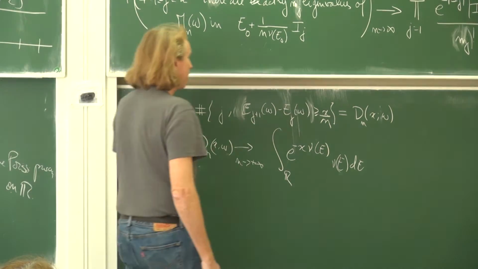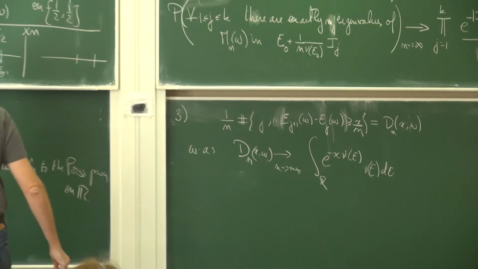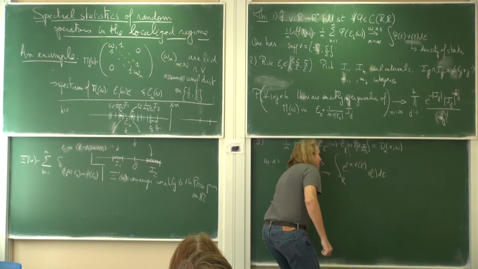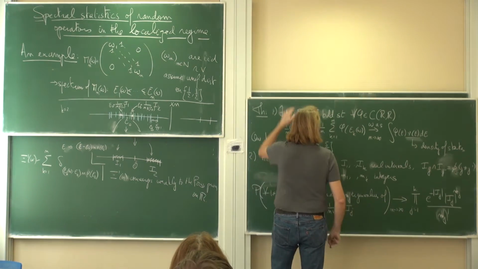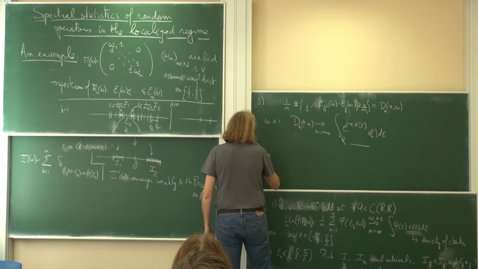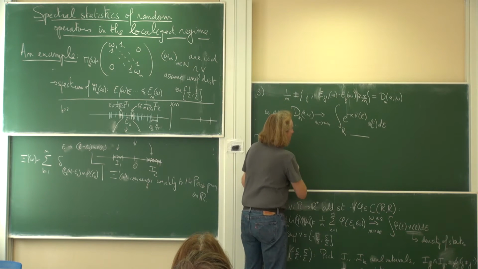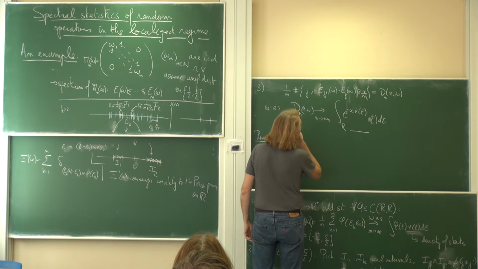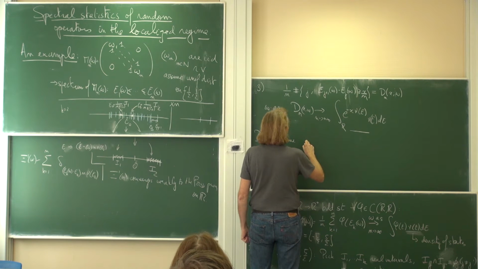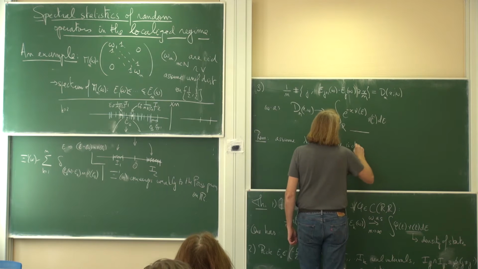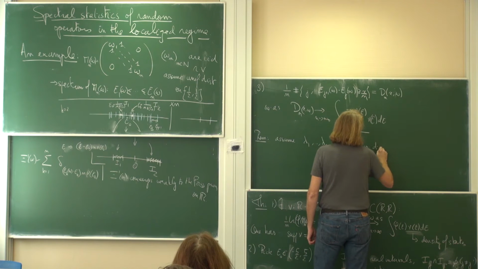Remark. What is behind this? Imagine that you take random variables. Assume that lambda 1, ..., lambda n are IID random variables distributed